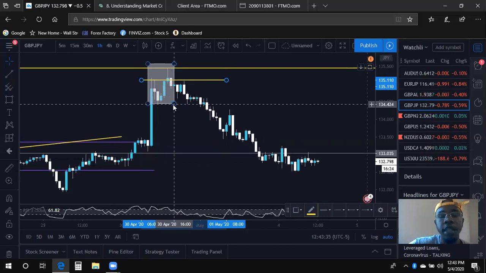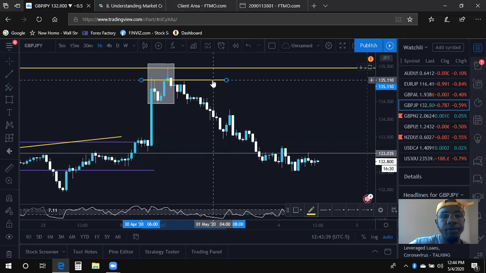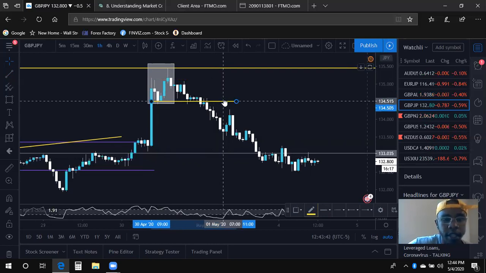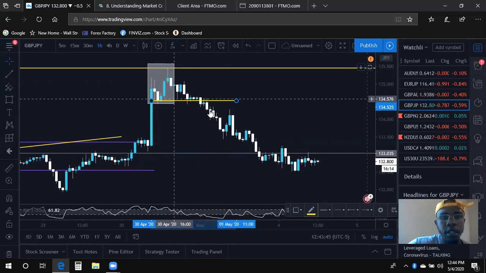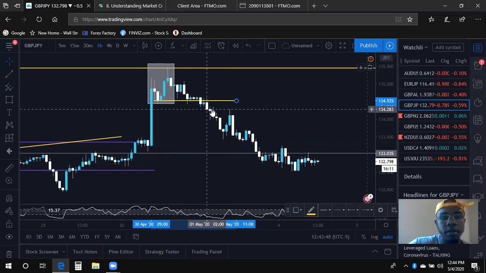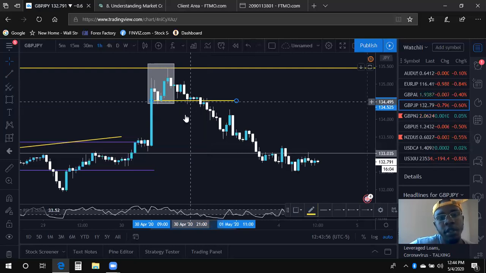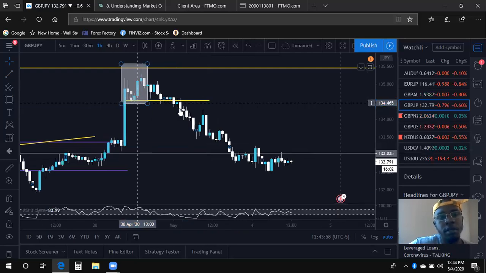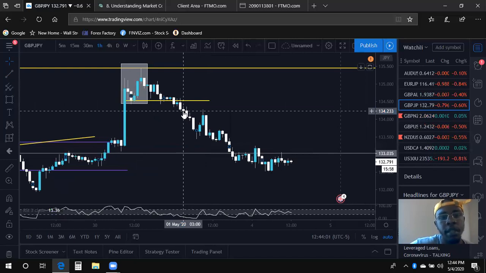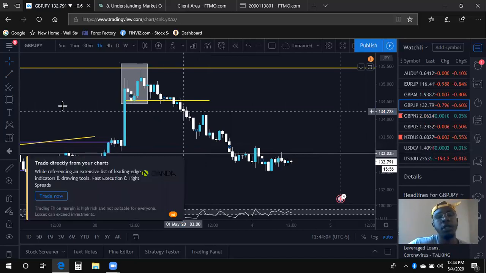Had you not played aggressively, what you'd be looking for is a break right here, where it formed this low. Price broke underneath it. You can enter after this candle or at this candle here. So really at the close of this candle is where I would enter had I been looking for the break of this low. I'd be looking to enter right after this candle, meaning I'd be entering on this candle right there. And then we just ride it out to right here.